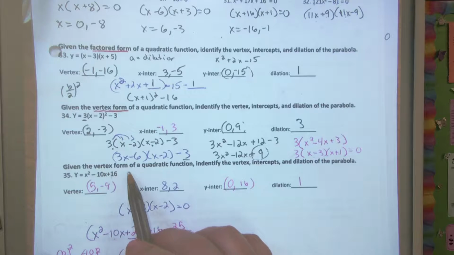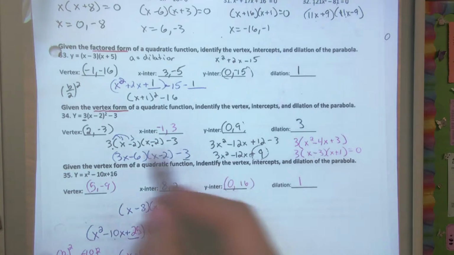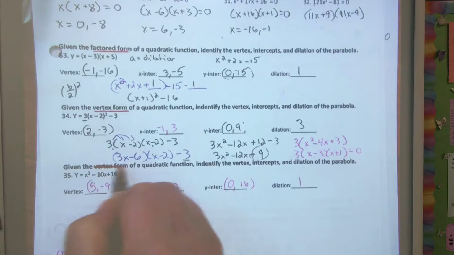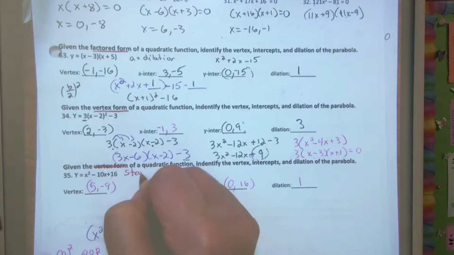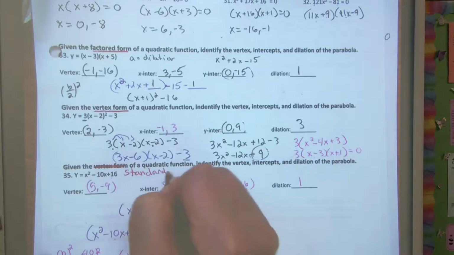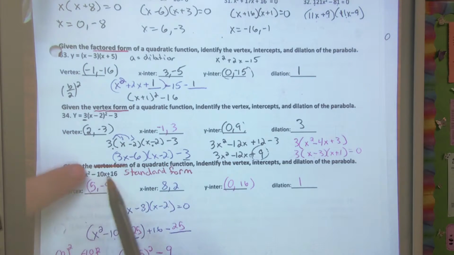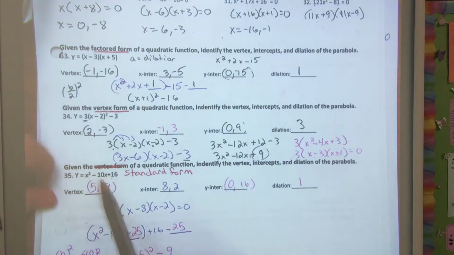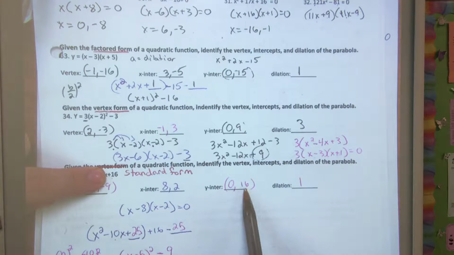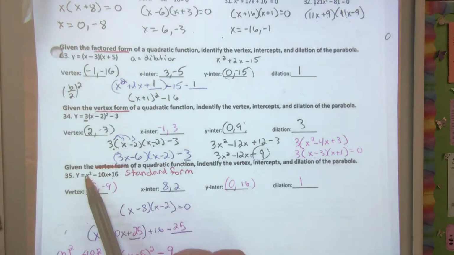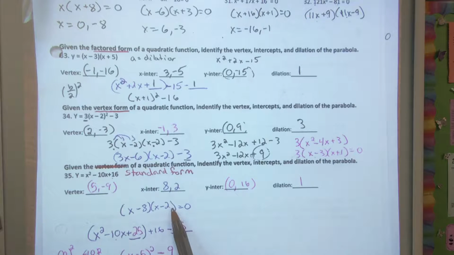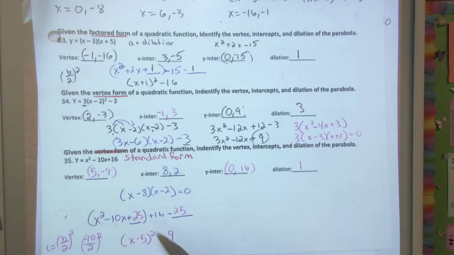the vertex form, oh, that is a mistake. That should be standard form. Okay, and given the standard form, if I set x equal to 0, I can easily get the y-intercept. And I can get the dilation. Dilation equals 1. I can factor the standard form and get my x-intercepts, and then I would complete the square